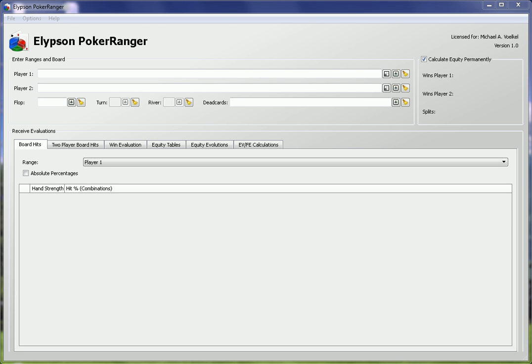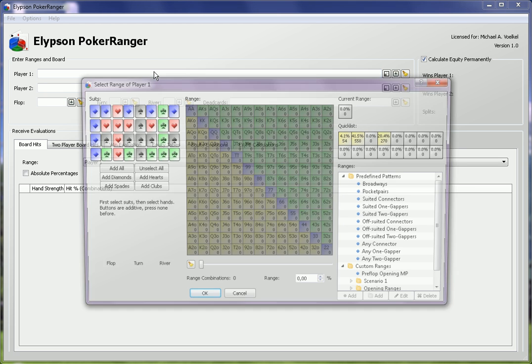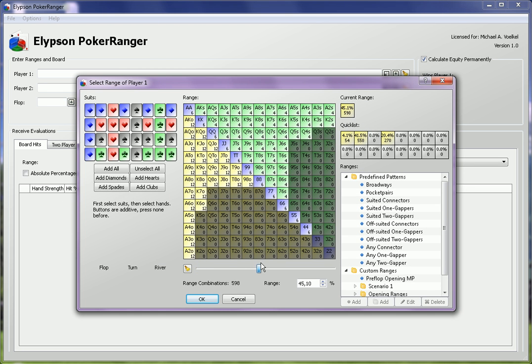PokerRanger is and how you can use it to improve your game. I will not explain all the functions in detail because there are tutorials for that on the website. Instead, I will start with a short explanation of the tabs and will show an example of how to use PokerRanger. So for example, let's select a range for player 1